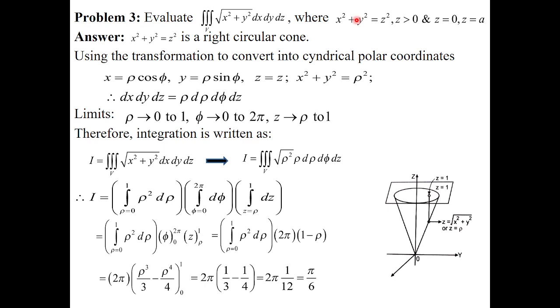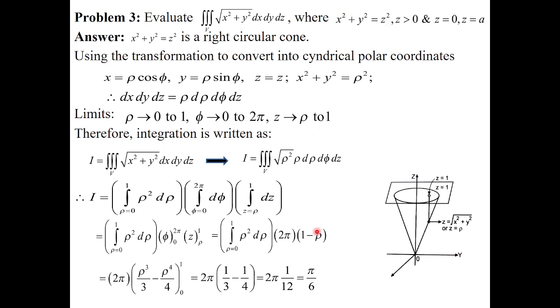हमें जब second integration evaluate करना है, so that is converted in terms of xy. xy में convert हो जाएगा. So हमें intersection लेके एक equation चाहिए which is in terms of x and y. So put z equals to 1 here. X square plus y square equals to 1, which is a circle with center 0, 0, radius 1.